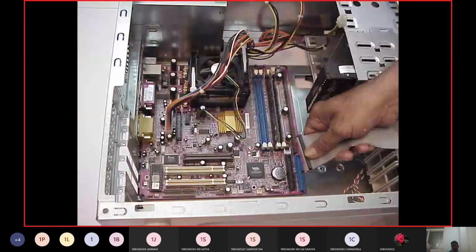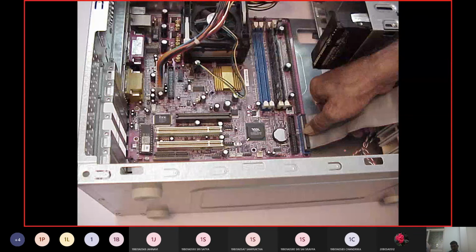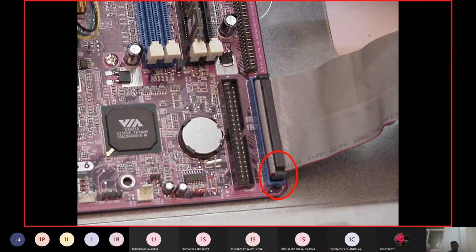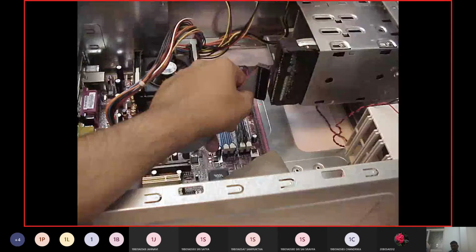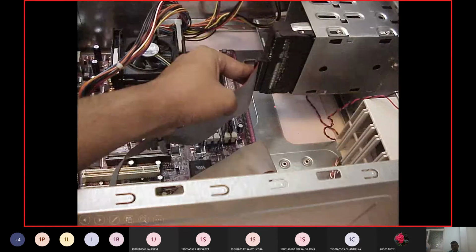Then again, the data transfer has to be given to the motherboard. So these are the positions where you are going to connect the secondary storage device. That's how you are pinning it at this position. This is the way we are connecting the secondary memory, C drive, D drive, E drive and F drive. From that position you are linking it to the secondary storage devices position directly.